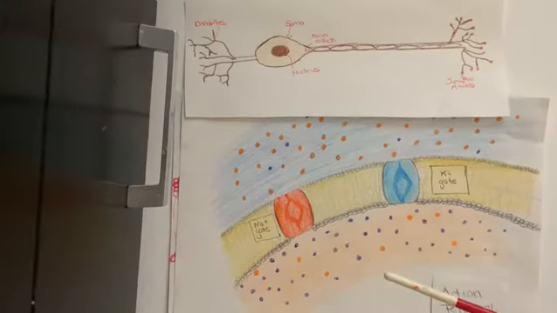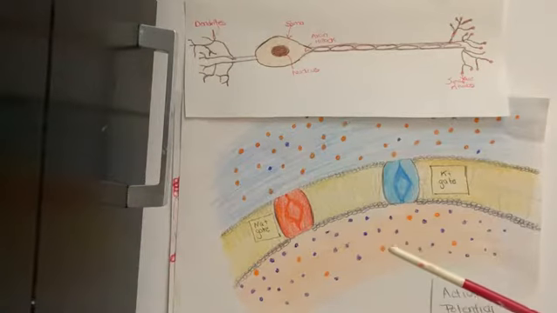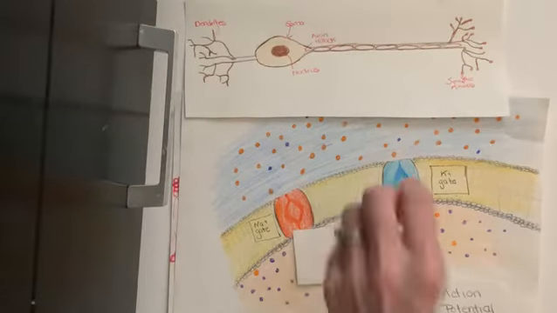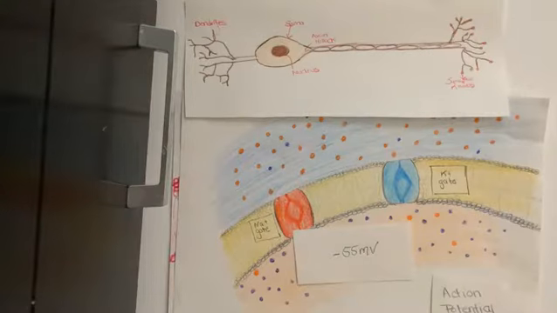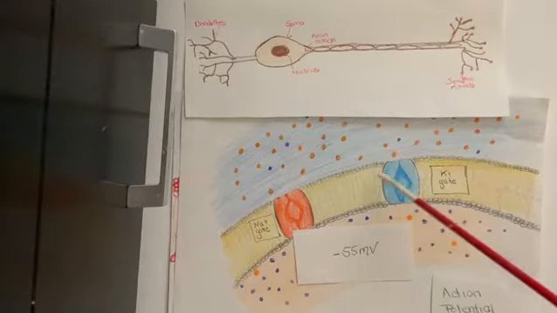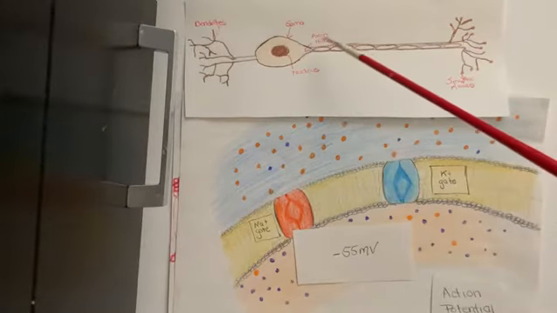The sodium gates open, and the membrane potential has to reach a threshold to create the action potential. It has to be negative 55 millivolts. Hopefully that made sense. Once the threshold is reached, the abundant sodium gates in the membrane of the hillock, this area,